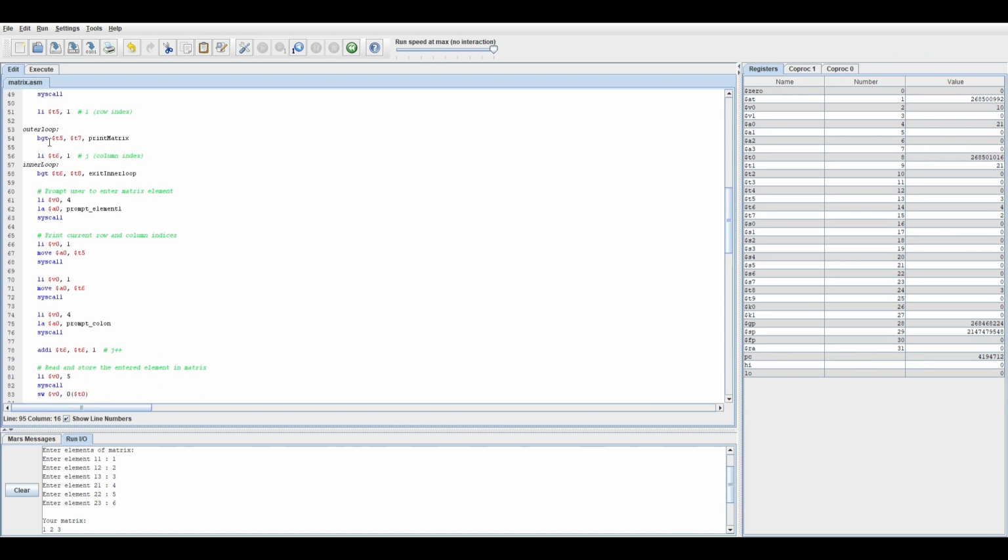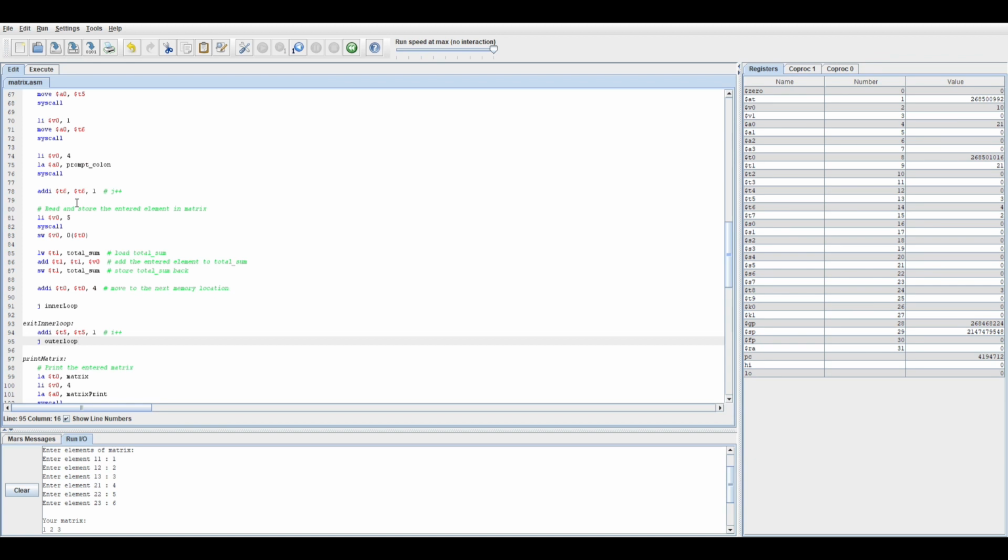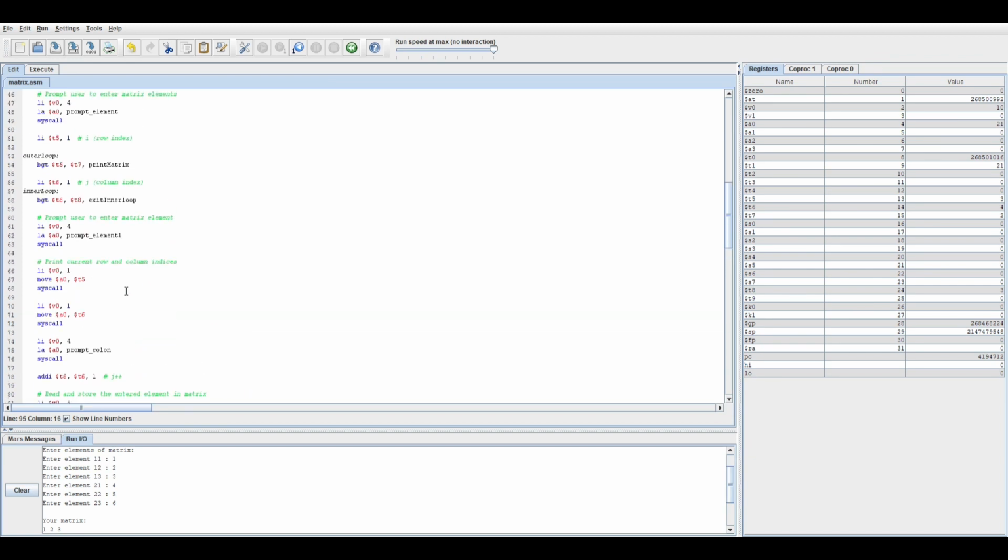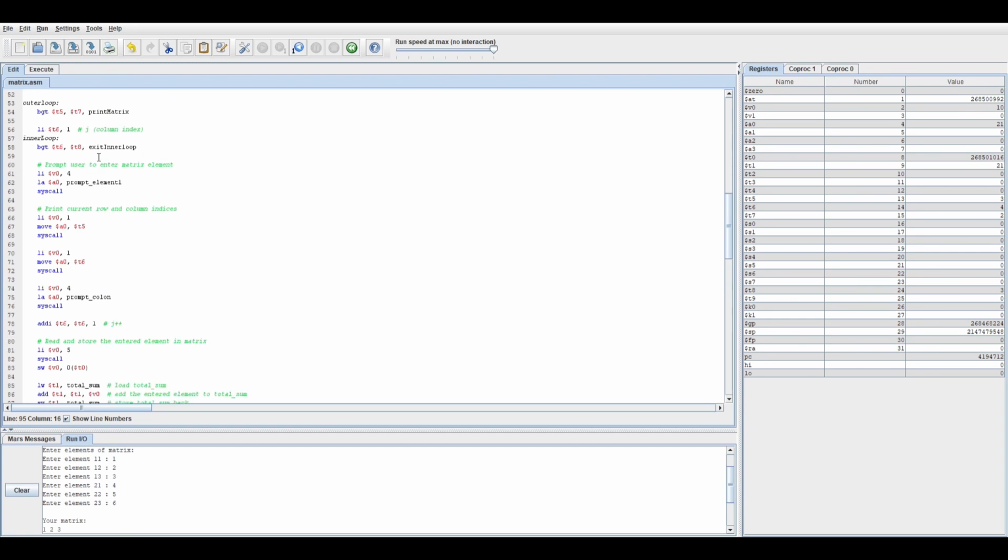And then is 2 greater than... since we have I++, t5 will become 2, and then is 2 greater than 2 or not? It's not, so it will completely do the instruction that I explained before. Come to here, do the